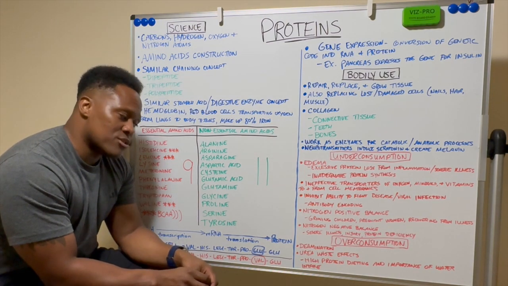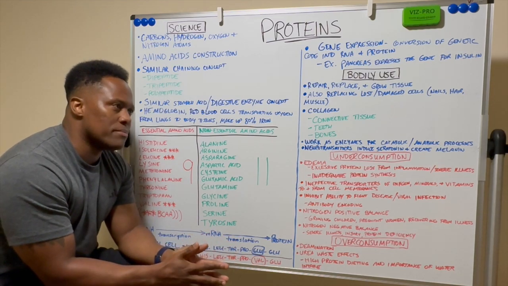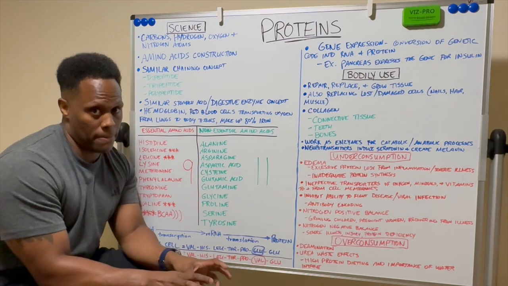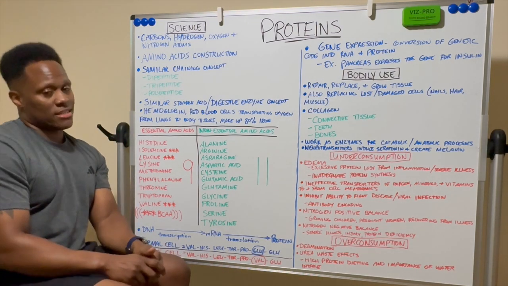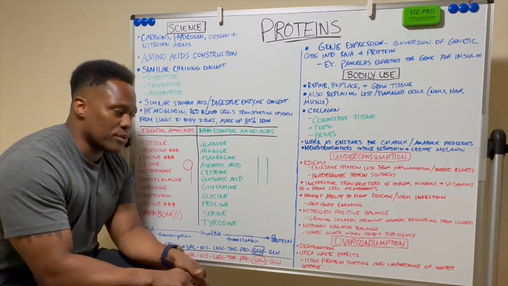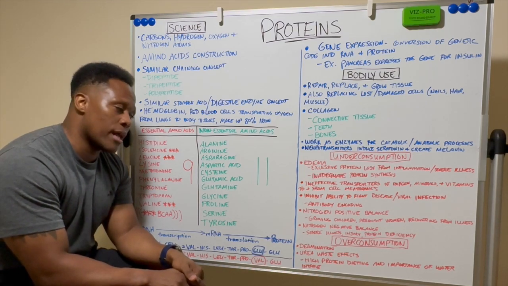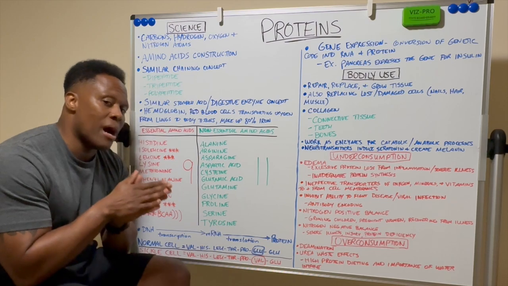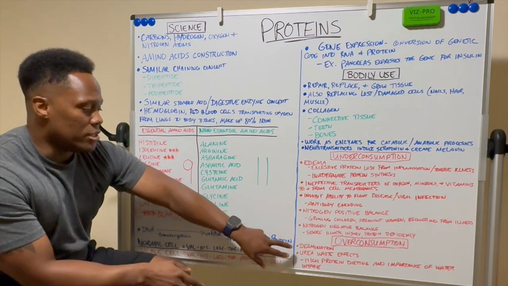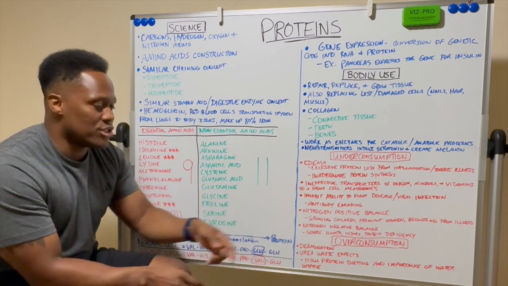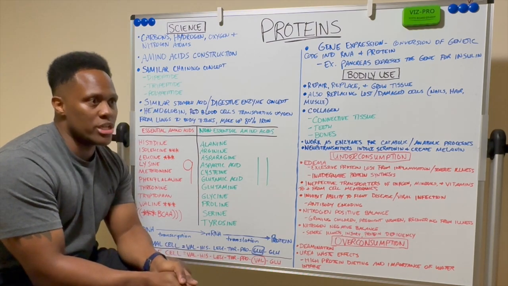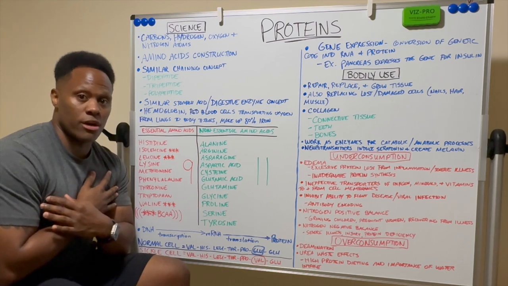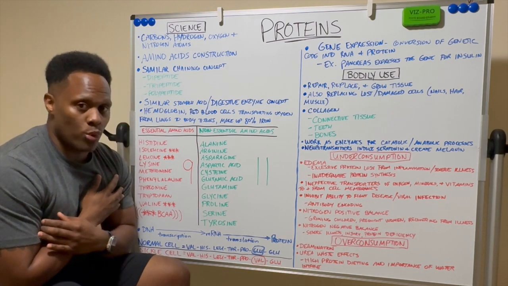I didn't have space to write this, but I'll touch on it because I think I've said it before: anything in excess can convert over to fat. So you want to be careful of overconsuming proteins anyway, because besides them converting over to fat and storing in your body as such, you could notice these effects. Deamination is one of them. Deamination is basically where your body breaks down proteins. It breaks down your muscle cells, and you definitely don't want that.